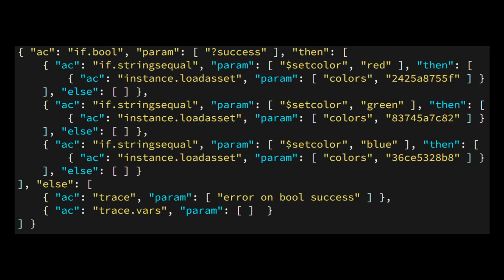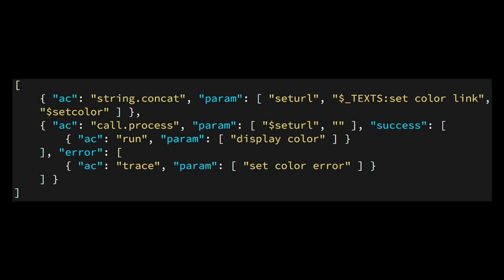Checking the display color snippet, we see that we first check the value of success. Remember that we access Boolean variables by adding ? to the beginning of their name. Once confirmed, we proceed to compare the value of setColor, starting with $, since it is a string. If one of the supported colors is identified, we change the content of the colors instance accordingly. If you have difficulty creating actions, such as identifying an asset, remember to use the assistants that are always available just below the actions text area.